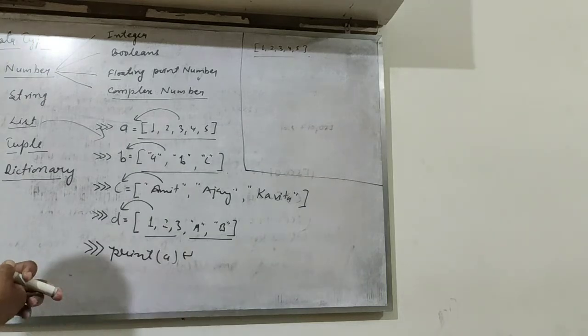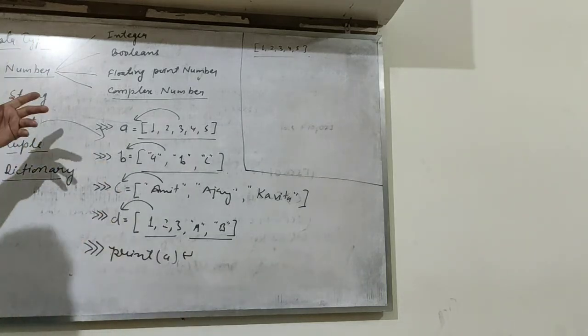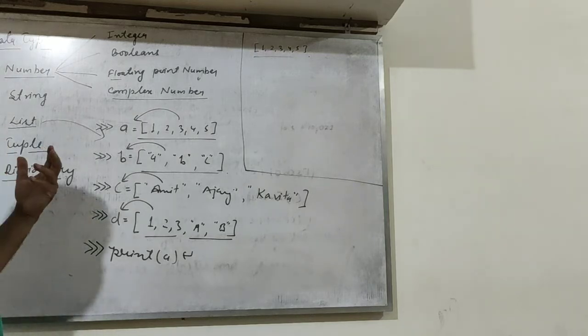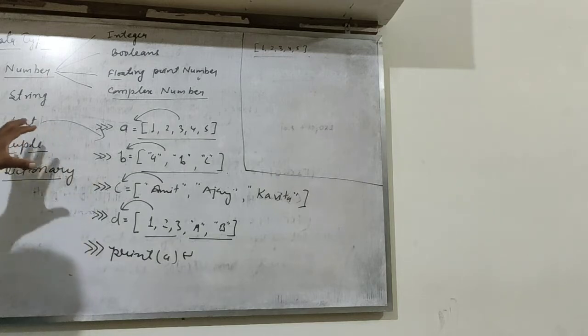So today I only talk about the list. First one, the data types. As you know, these are the data types: number, string, list, tuple, dictionary. I only talk about three options today: number, the next one is string, and the third one is list. The new thing that comes in front of you is this thing, list. List है.